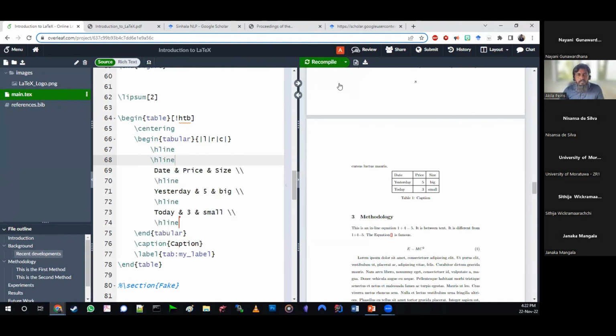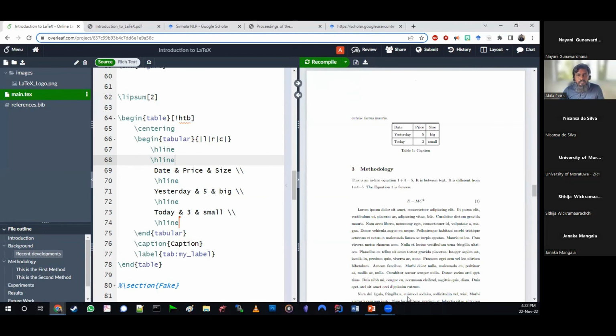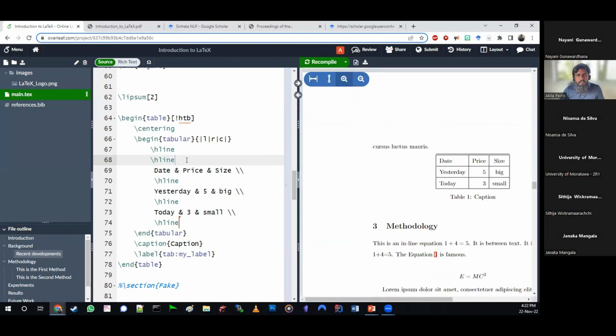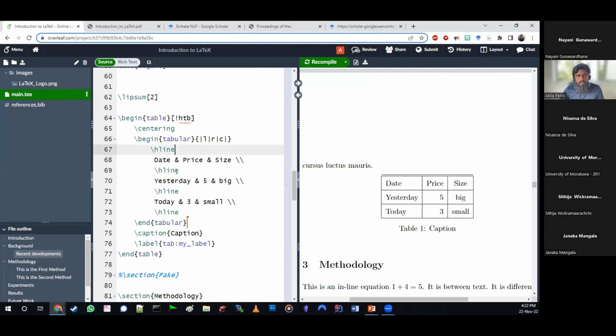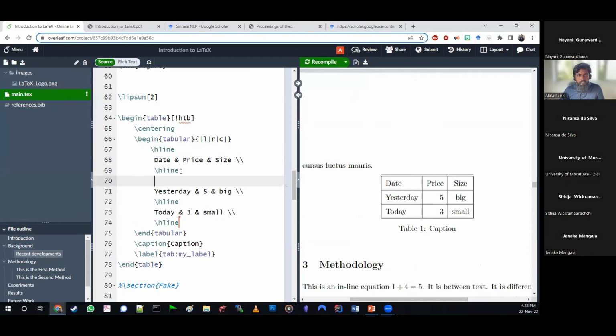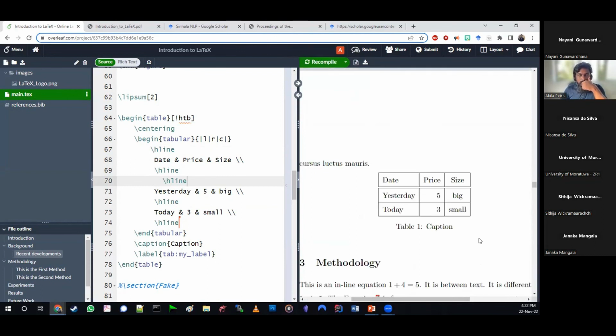And you might have seen these type of, okay, I actually added it to the wrong place. Let me add here to make it look fancy. You might have seen this type of tables in papers like this, where the header is separated and so on and so forth. So that is all that you have to do. So everything that you have in a cell, you just put there, and they are separated by an and.